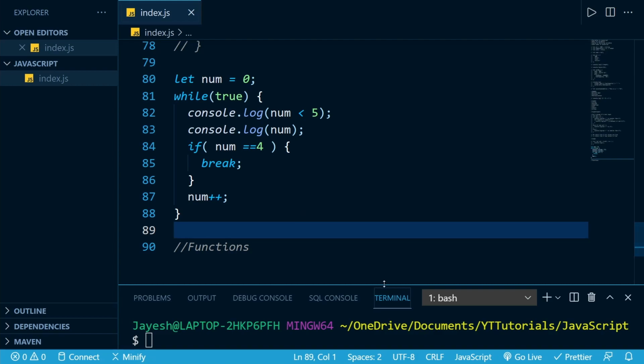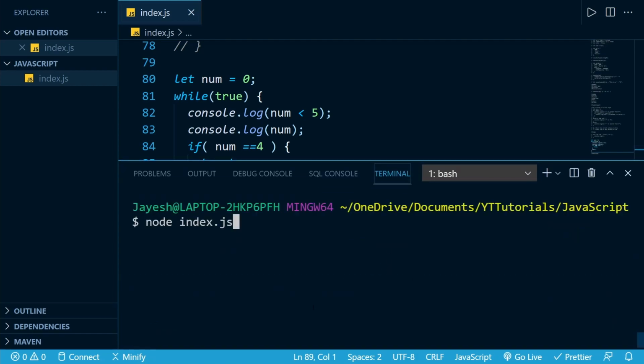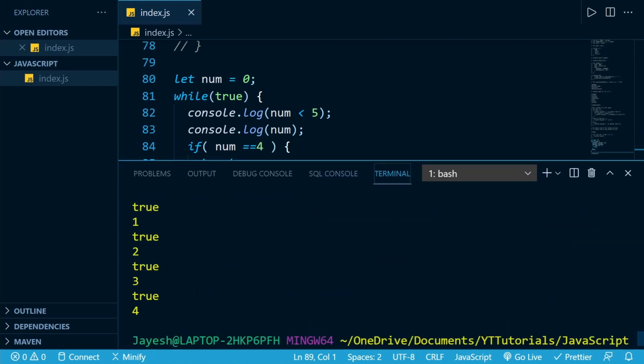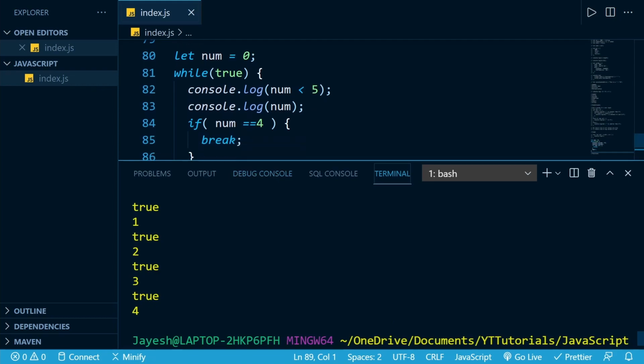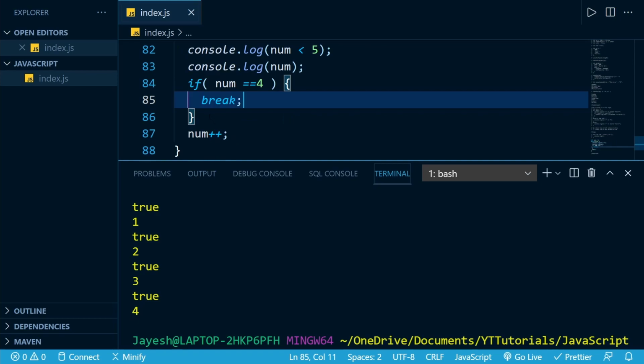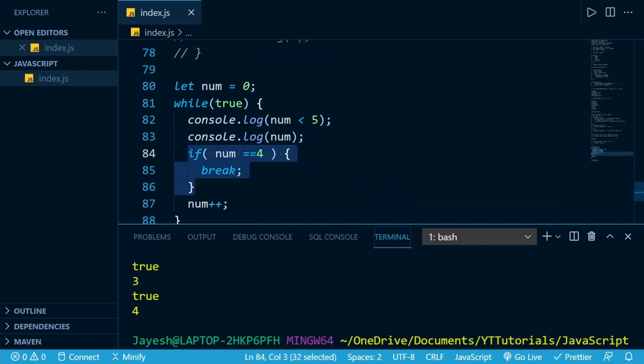Let's try to run this code first of all. Now as you can see here, it's checking the condition, and when our num is equal to 4, it just breaks out of the loop. And we can also skip a certain iteration.